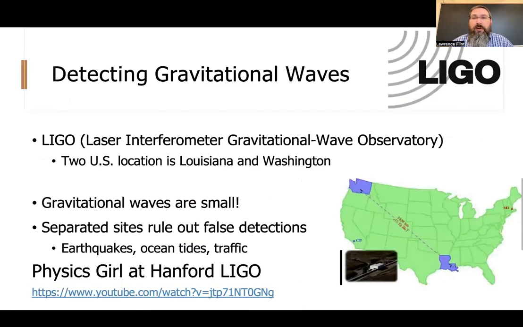Okay, so how gravitational waves are mostly detected. This was a topic a little bit earlier on in the course, or I mentioned it. There are two laboratories called LIGO. LIGO stands for the Laser Interferometer Gravitational Wave Observatory. There are 2 locations, one in Hanford, Washington, and the other one in Livingston, Louisiana. They're about 3,000 kilometers apart, and they're shown on that